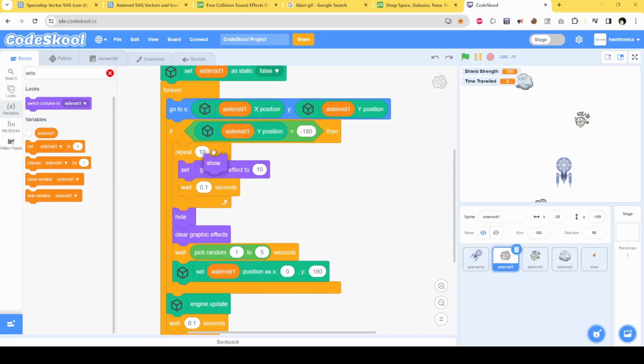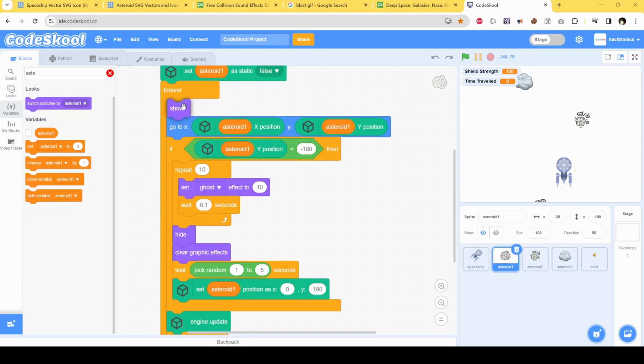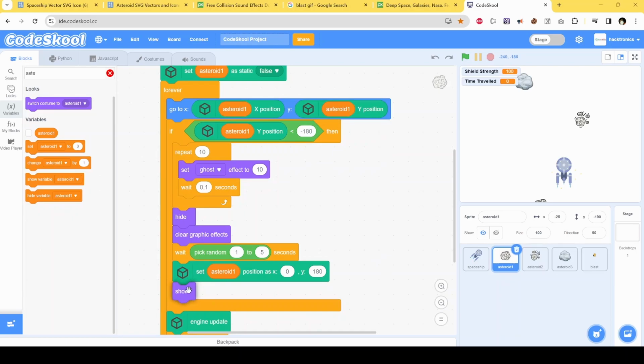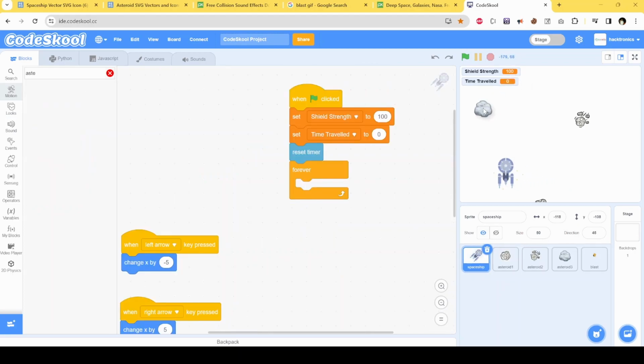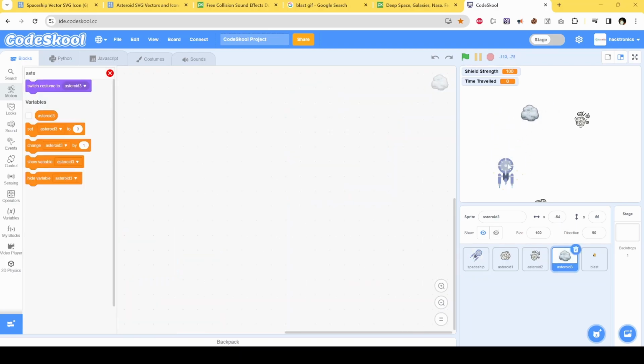Or maybe I should use this show here, but anyway it doesn't matter, it would be much faster anyway. But this x position I want it to be random, like I want it to appear somewhere near this spaceship X. So if my spaceship is here, I want my asteroid to appear here or here, not very far away. So based on spaceship position, I want this asteroid to appear, but